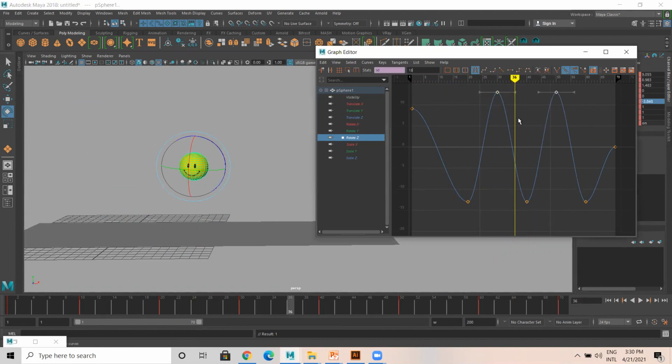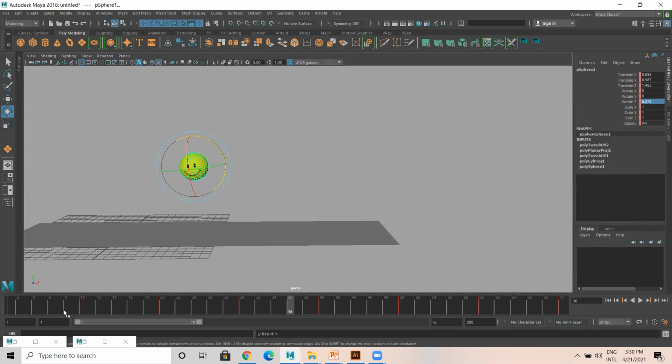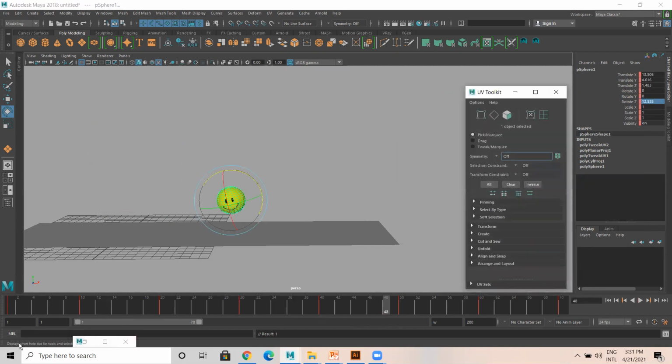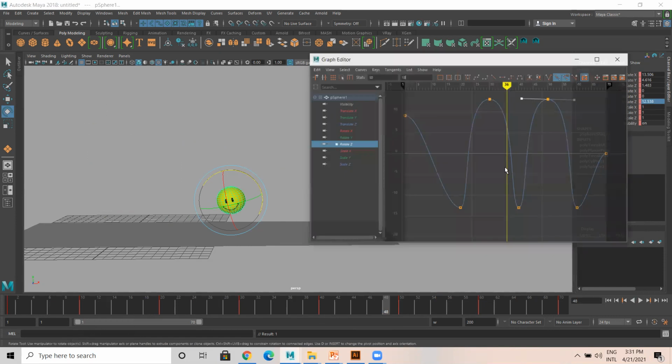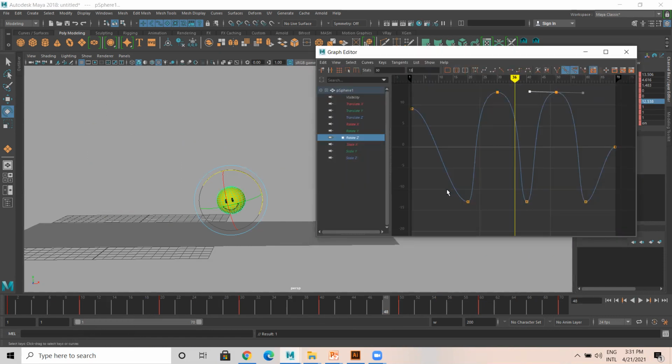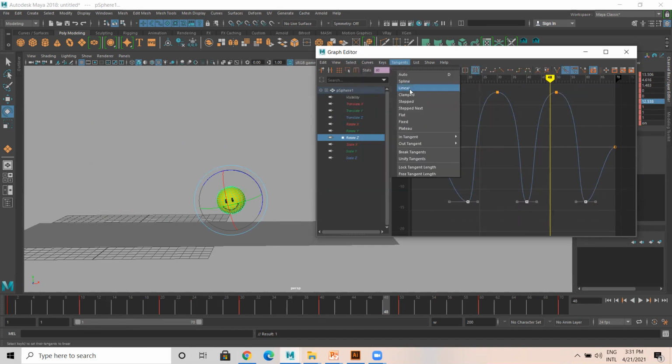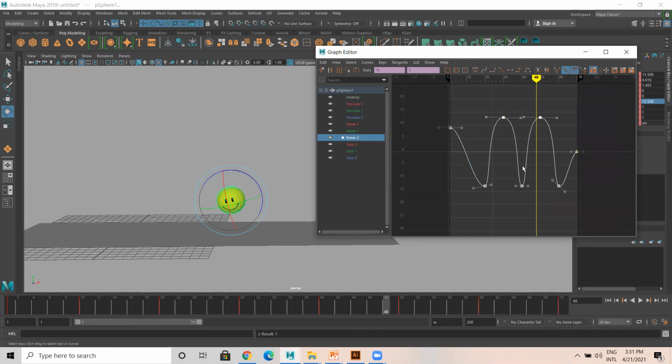And these two, I'm going to add curves, weighted tangent. It's a logic you should understand. Okay, I'm just selecting this. I'll add spline, tangents as spline. Okay, let me select this tangent spline, all the tangents.